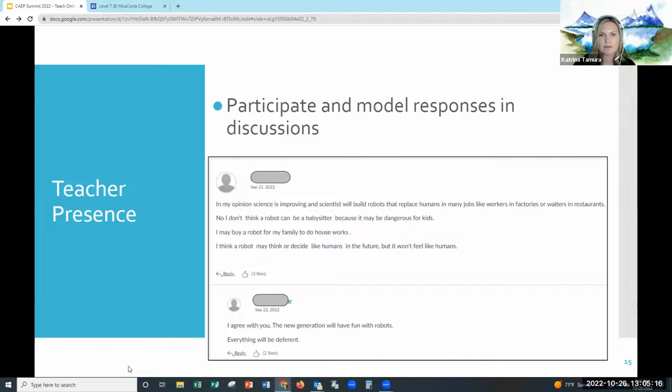So as you can see, the discussions get richer and fuller, and students start sharing their opinions and modeling how you have responded in previous discussions or in previous emails.